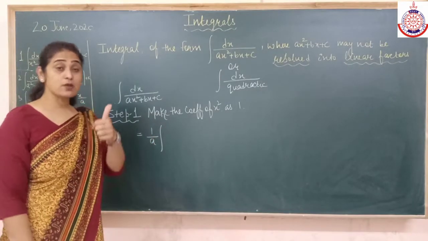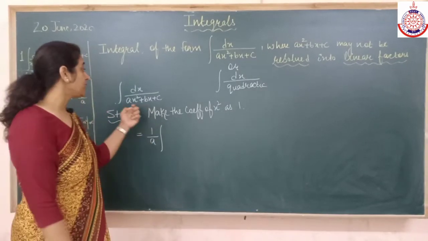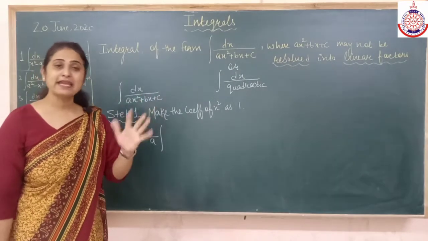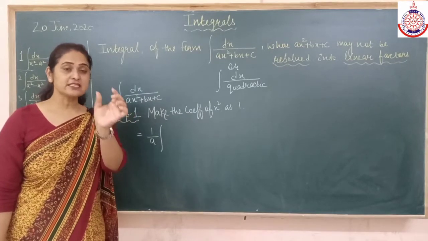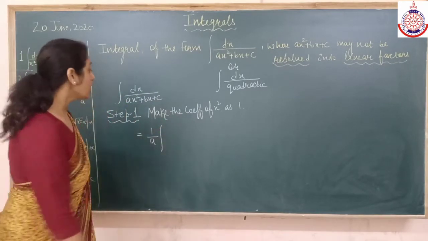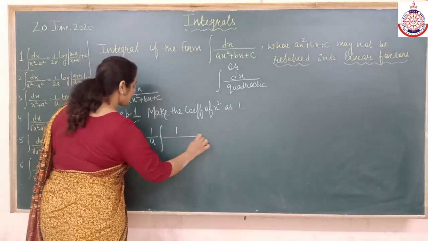It works. When I say 1, it means 1. In a few questions it can be minus 9x square, minus 8x square. So the coefficient has to be 1. That means whatever is the coefficient written there, it has to be taken common. So it will become